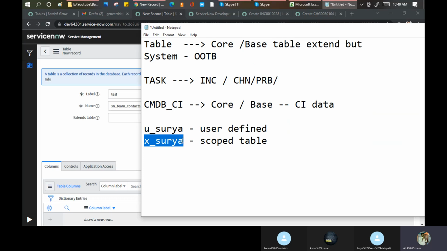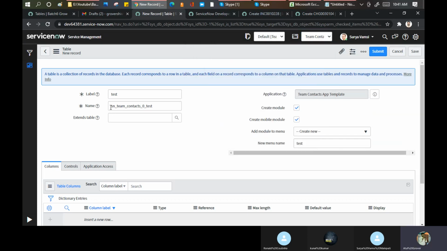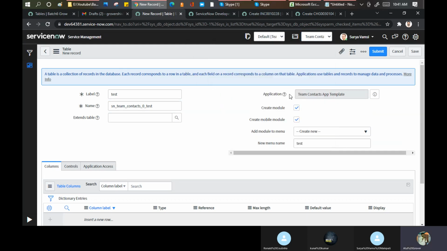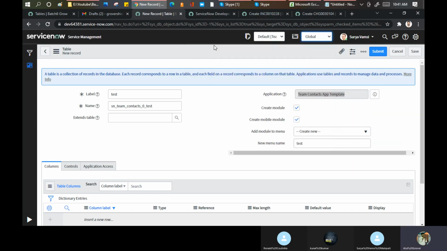My customer says, Atul, I want a training module in ServiceNow. Can you build it for me? I said, okay. If I build a new training module, my table will start with X. But if they say, Atul, I have something on Team Connect, can you build an application on the basis of Team Connect? Then my table name will become SN underscore like this. This is a new learning for me as well. Okay, now we'll go back to our global scoping, and you can see here the scoping also changes.